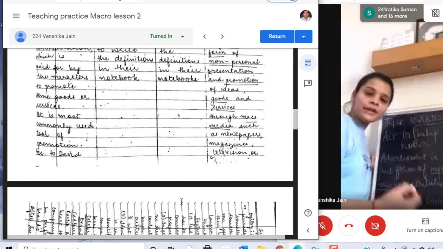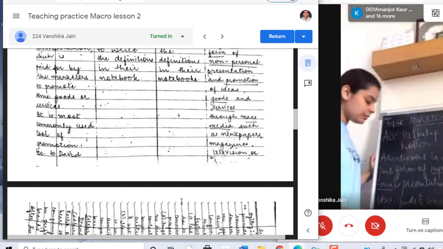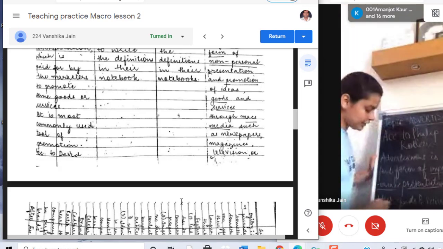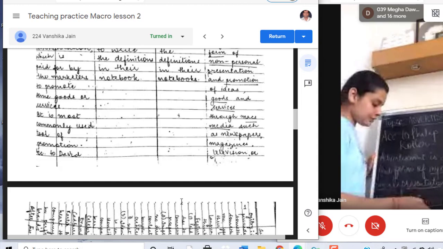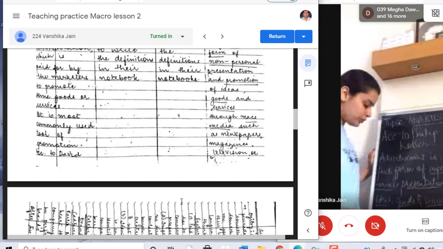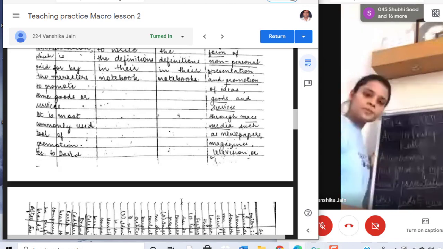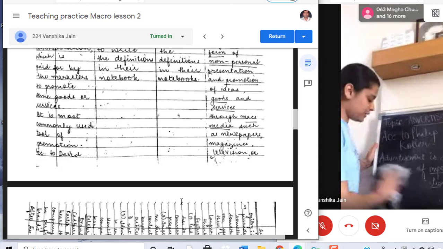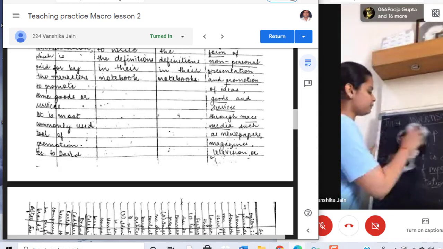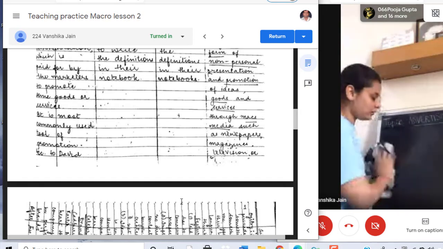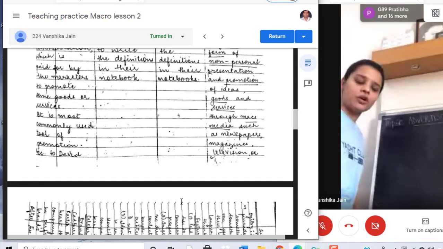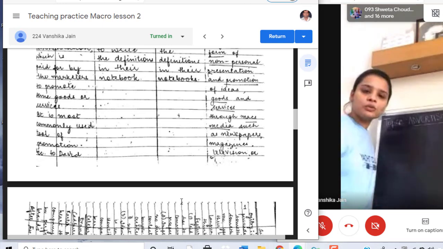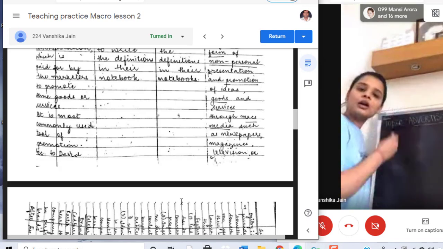That is, it is not face to face. A person telecasts it or prints it in print media. Presentation of ideas, goods and services. Goods and services are the products or services which they want to promote through mass media like television, newspapers, or digital hoardings nowadays by an identified sponsor. Sponsor is a person who basically takes money from the companies in order to advertise their product. For example, nowadays in Ludhiana, you can see digital hoardings of leaf selling all around the city, and they take some money and promote the goods and services of various companies.